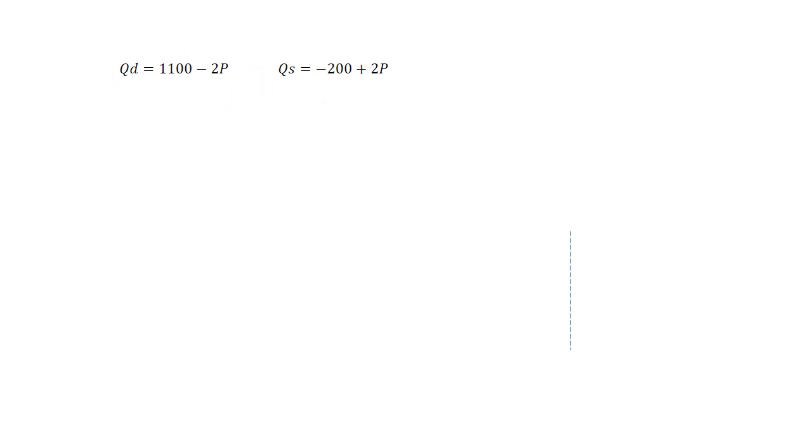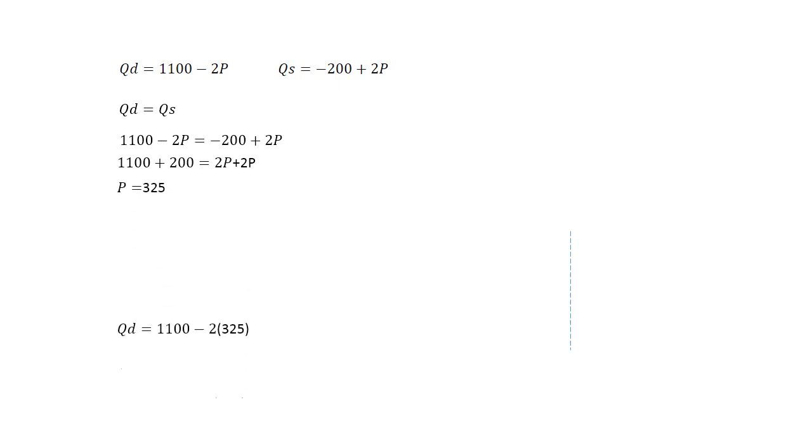To get the market equilibrium price, you have to take QD equal to QS. Then you are going to get price is equal to 325. If you want to find quantity, then you have the market equilibrium price, which is equal to 325, and you just substitute into any function. If you choose the demand function, 1100 minus 2 times 325,